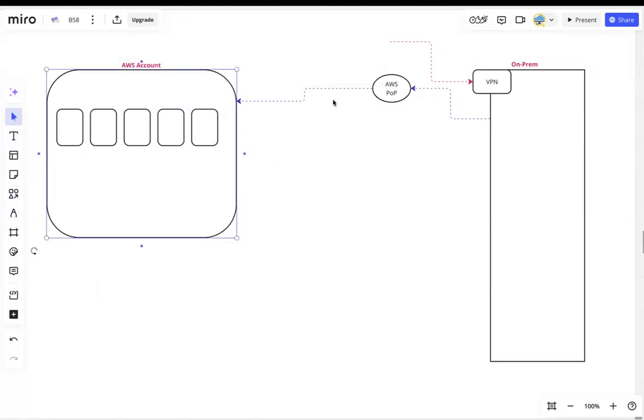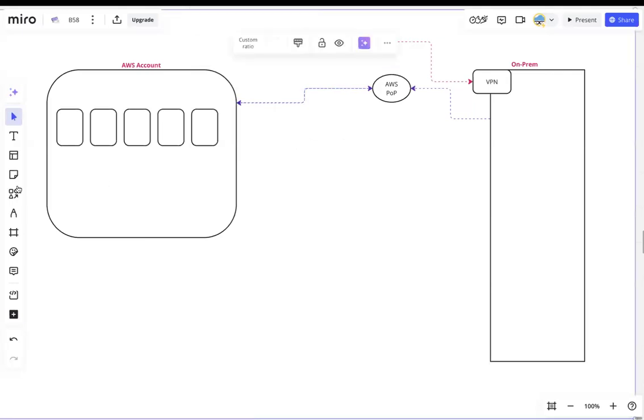So these resources can talk to your network directly. This is not a VPN, this is called Direct Connect. The main purpose of this is to enable the connectivity from on-prem to this, but this is very costly